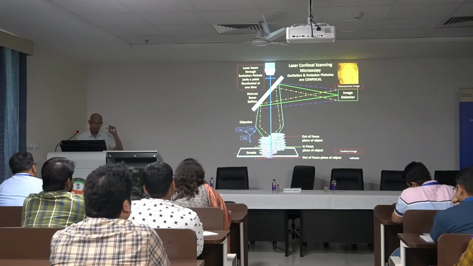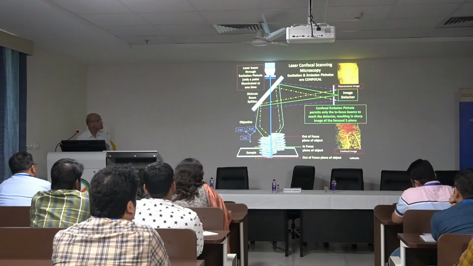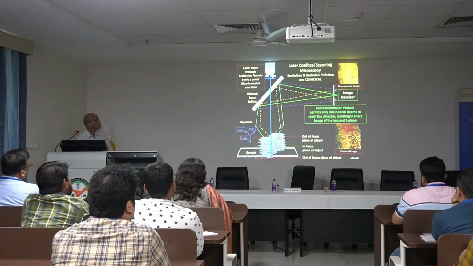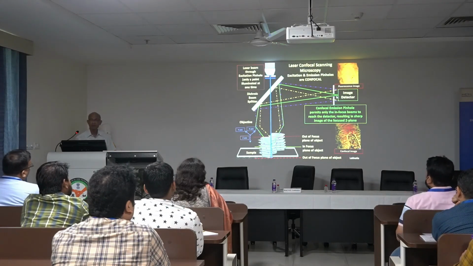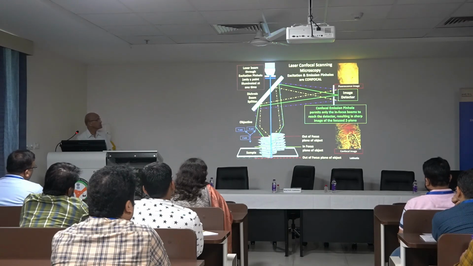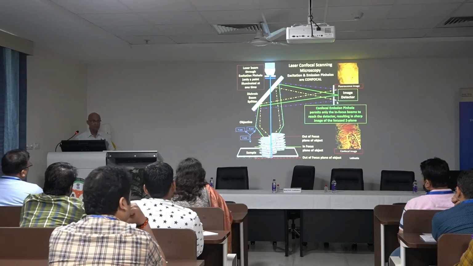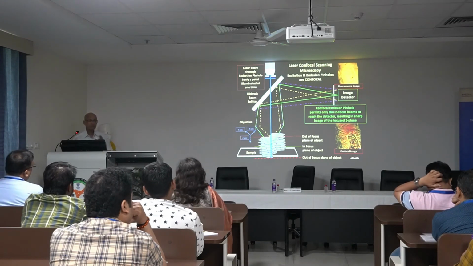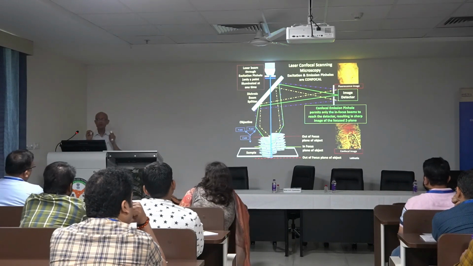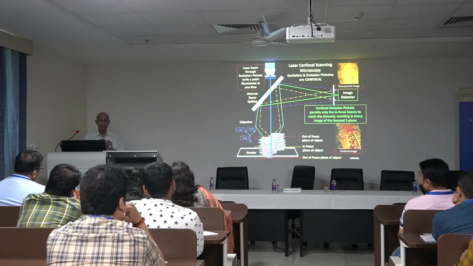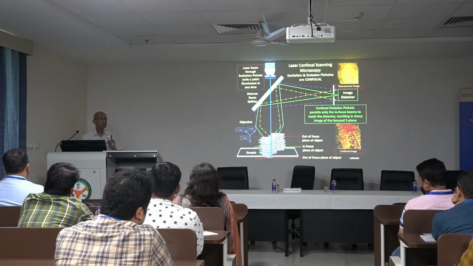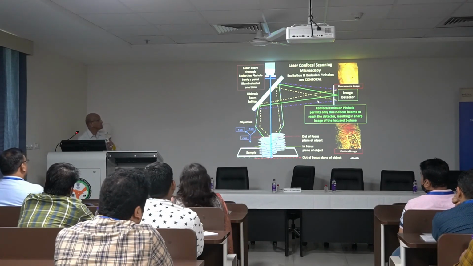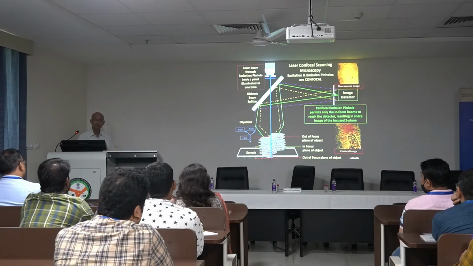Now the basic difference between a fluorescence and a confocal microscope is these two things: one pinhole here, one pinhole here, an iris diaphragm. One in the excitation part, one in the observation part. And that's why it's called confocal. These two pinholes are identically focused at this object. That's the basis for calling it confocal: two pinholes are focusing at the same point at the same time. And they will move in synchrony. If this pinhole moves on this side, this will also correspondingly move on that side.